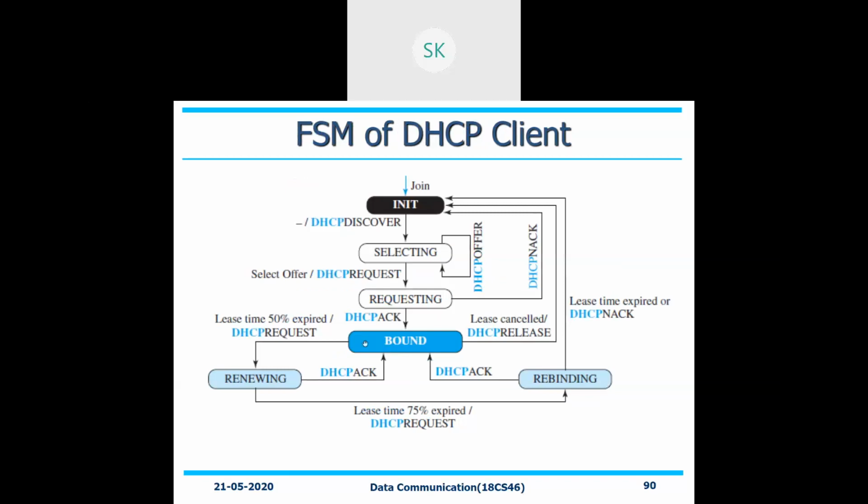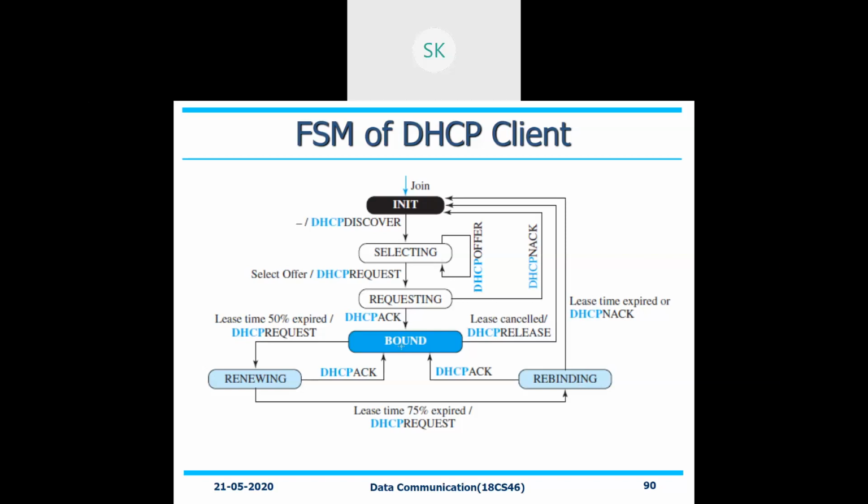So if this particular DHCP request is at 50%, if it is expired, you need to renew it and get the acknowledgement back. If it is, say for example, 75% after renewing also, if the lease time is expired, it is allowed to rebind it once again. That means reconstruct the same principle right from the beginning till the end. Get the acknowledgement, bind it once again, keep it with you. Sometimes what happens, within a particular